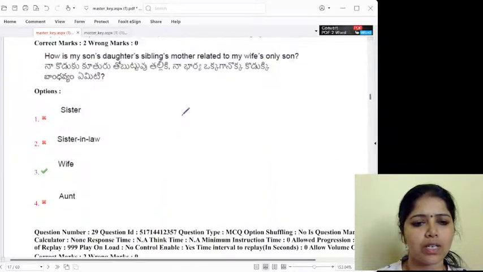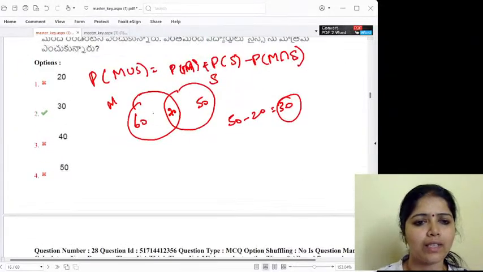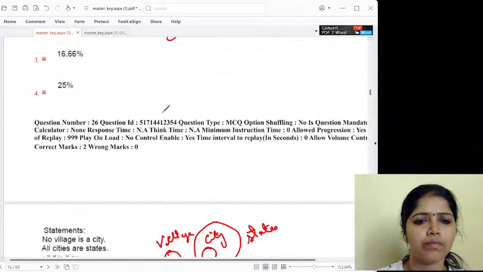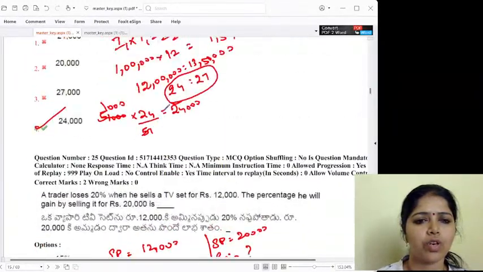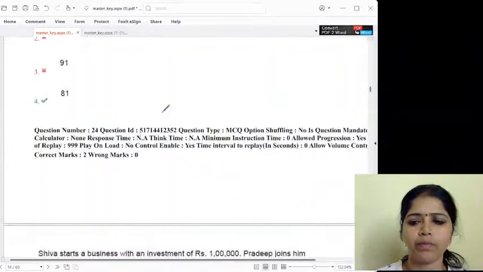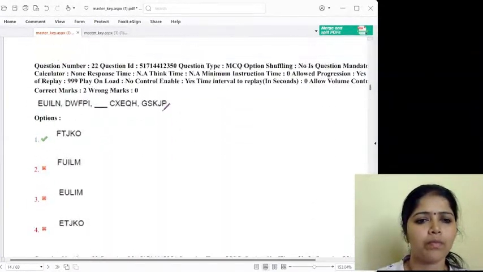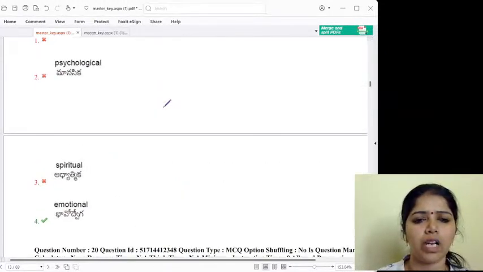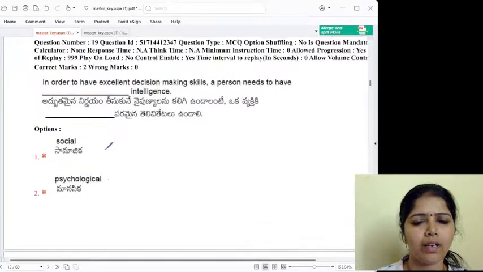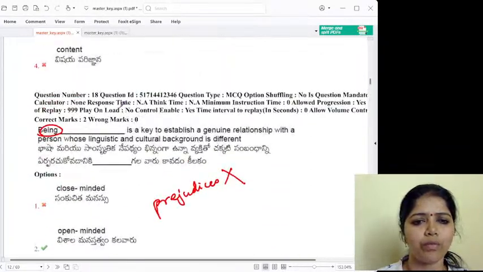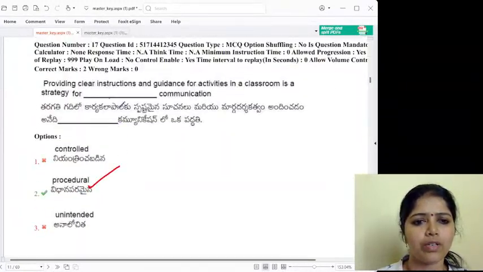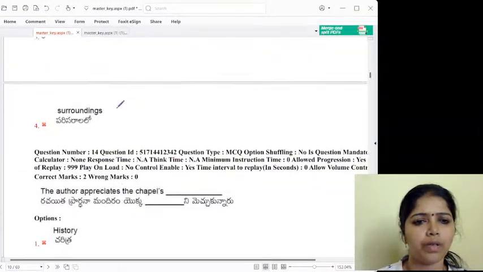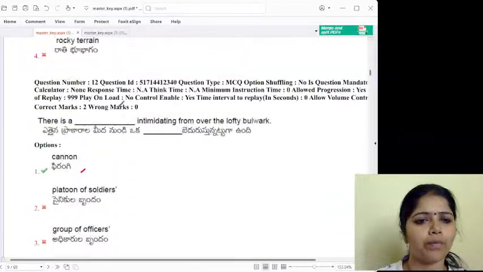Logical reasoning also, it's easy. Reasoning is easy. And this is also right. MR and all, right. No problem. The main problem is the last two questions, and here in teaching and research we have a problem. In teaching and research here, reading comprehension, no problem.